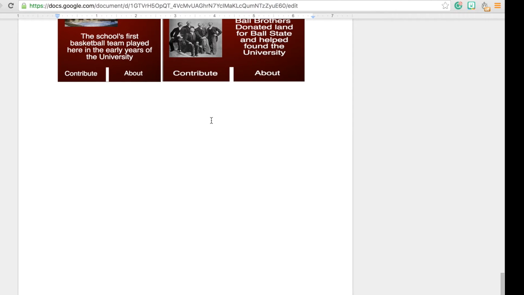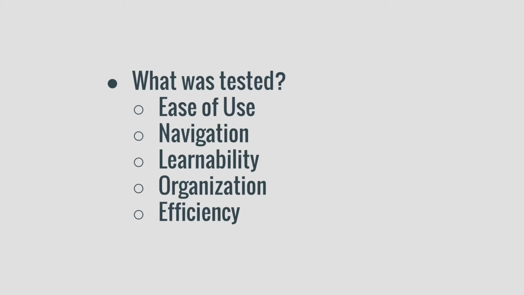And that is my digital prototype, my first digital prototype. And now I will talk about the first usability test. I conducted a usability test that was testing the ease of use, navigation, learnability, organization, and